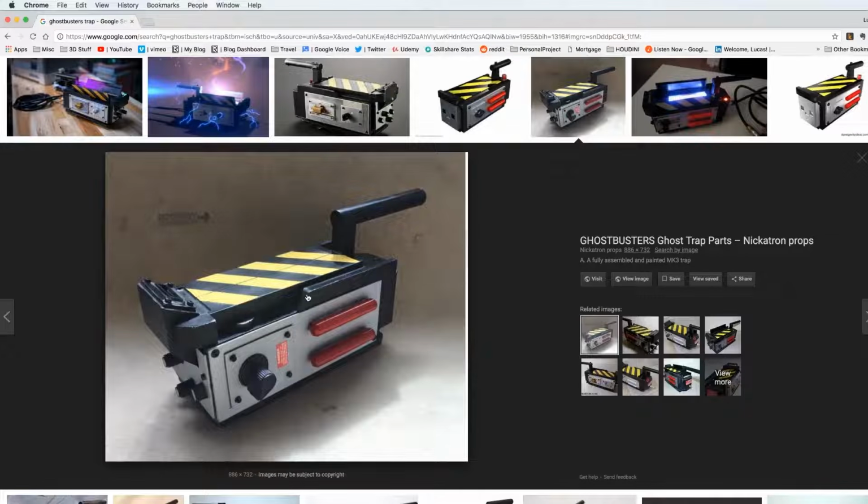Let's focus on this edge here, where there's a lower level here, and then it goes up, and there's a bevel, and there's a bevel here as well, and then it goes out. So we have this higher kind of rim and a lower area here. And it looks like the back area here is at the same level as this edge here. So let's just focus on that. Anytime you have reference of something that's kind of complicated, you're going to break it down into its components and simplify it and only work on little sections like that at a time. So let's do this kind of edge here.